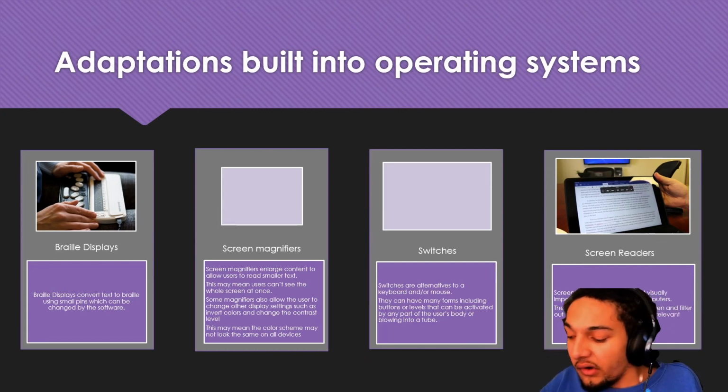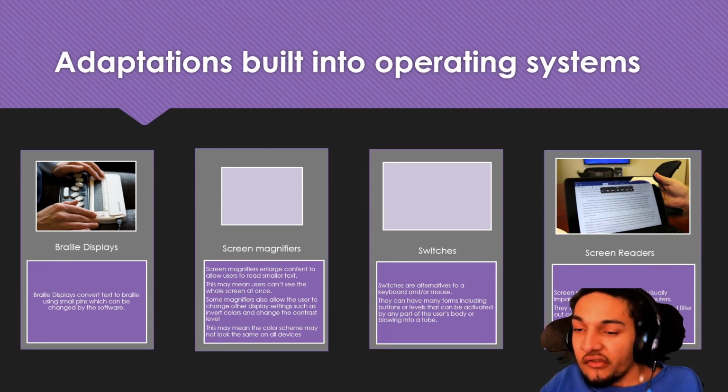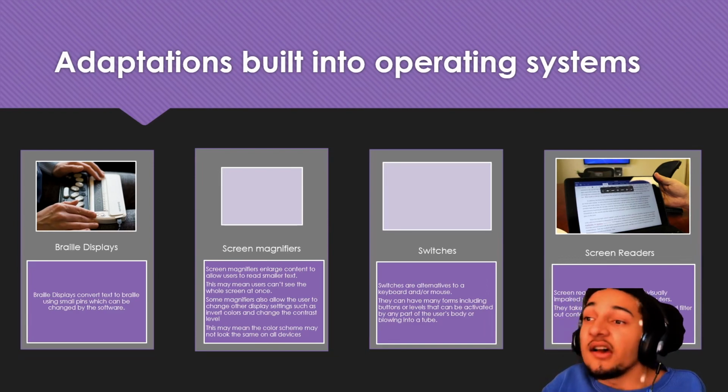So that's an example of a switch. Switches can take longer than, say, a mouse to access. So allow that time for users to be able to press a button or navigate to the menu they want.